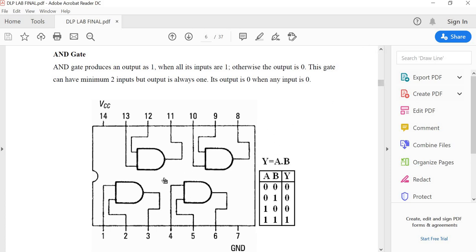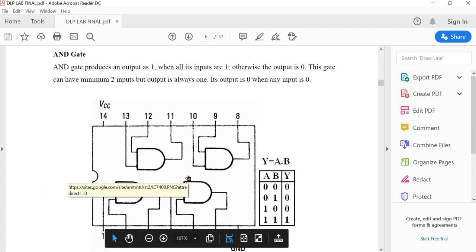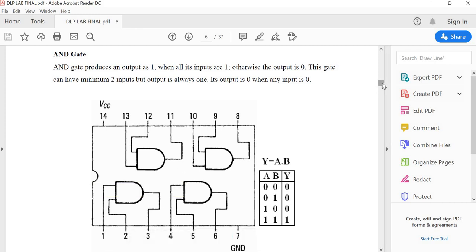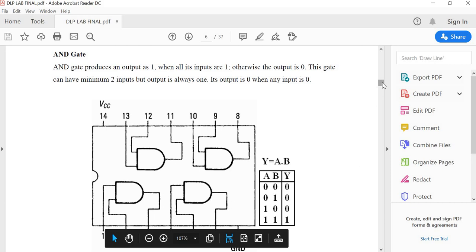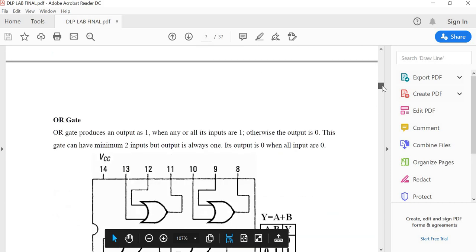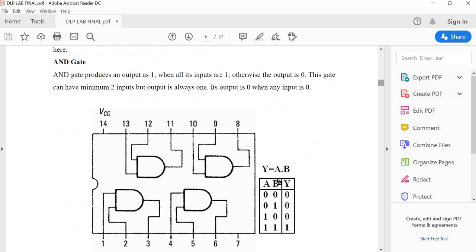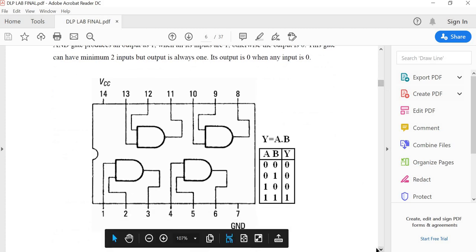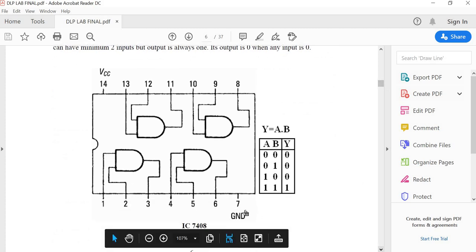In an integrated circuit, 4 AND gates will be there, and the IC for the AND gate consists of a total of 14 pins. Out of 14 pins, pin 14 will go for the supply and the 7th pin will go for the ground.